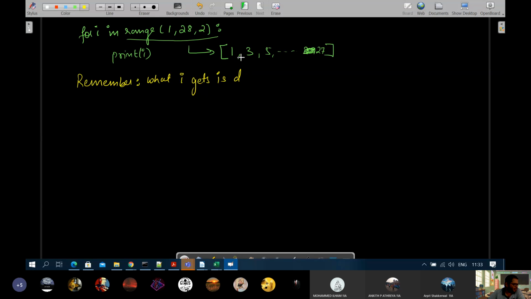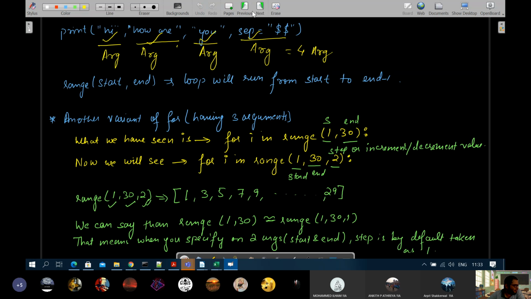Okay, Bharat, I'll show the previous page. Ilam, one suggestion: when you are learning Python, don't keep Java in mind.